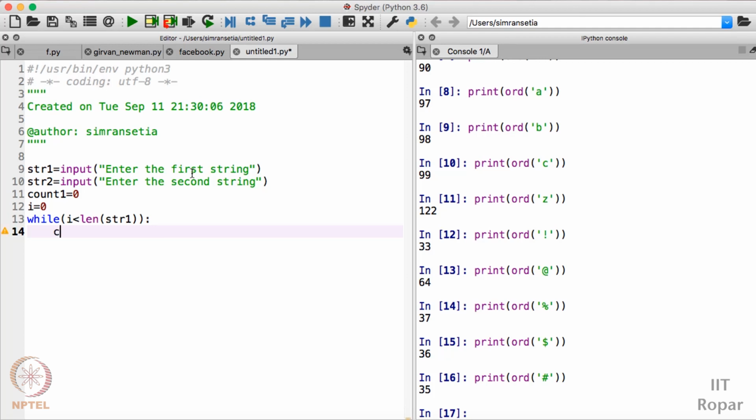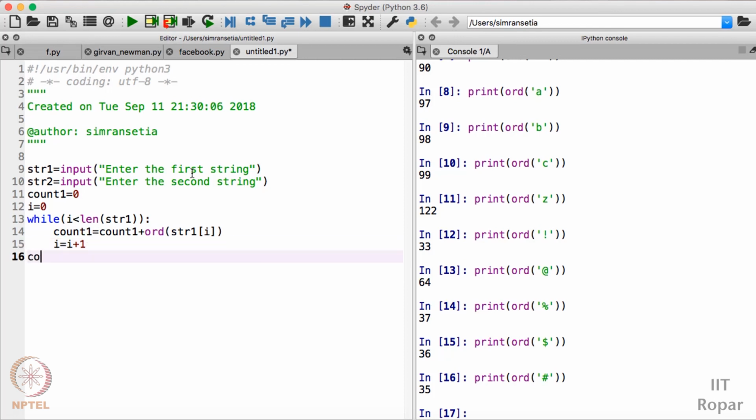I should write count1 is equal to count1 plus, I'll use the ord function here, ord of str1[i]. Now count1 will store the sum of ASCII values of the characters present in str1. I should increment the i value here so that it traverses the whole of str1.